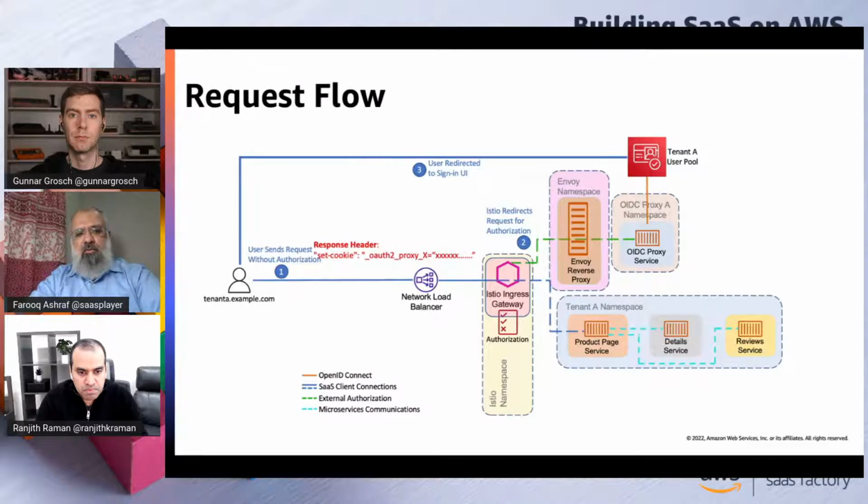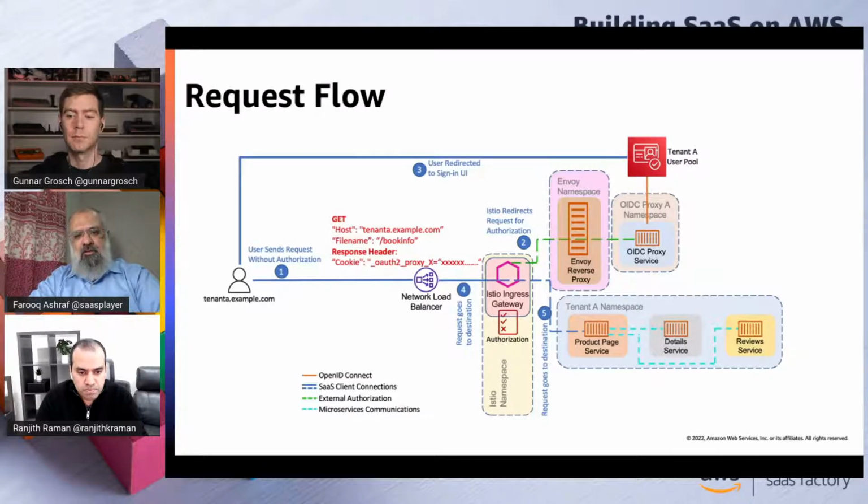From this point onwards, that cookie will need to be sent with every request for authorization. And as you can see, now the request is going with the cookie. It's going to enter the Istio Ingress Gateway, and it is going to authorize that because it knows the cookie. It will let the request go to the backend microservice and be serviced.